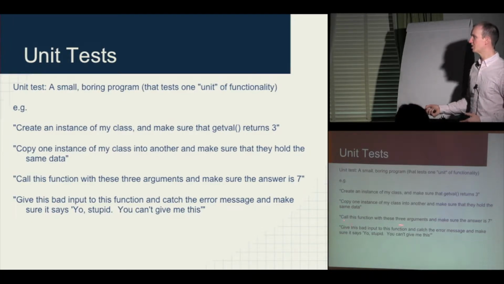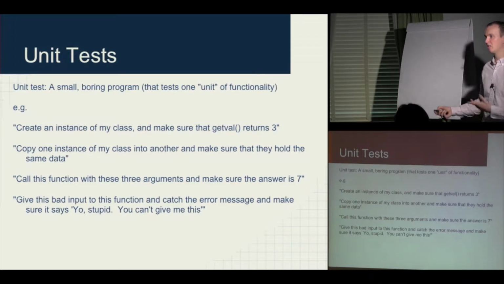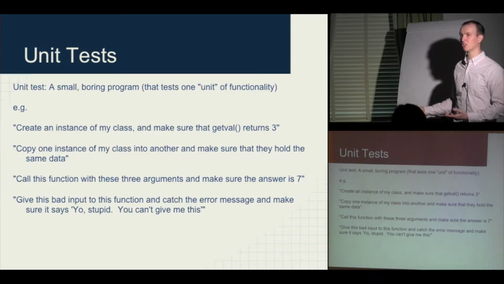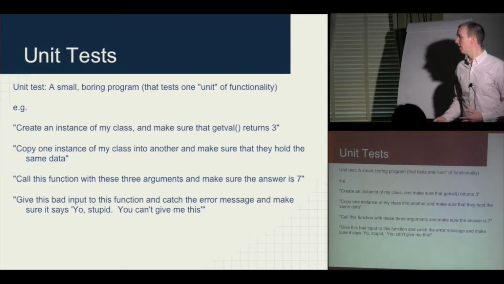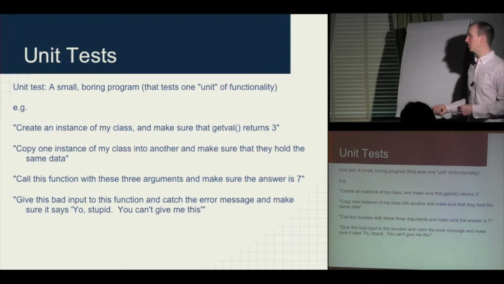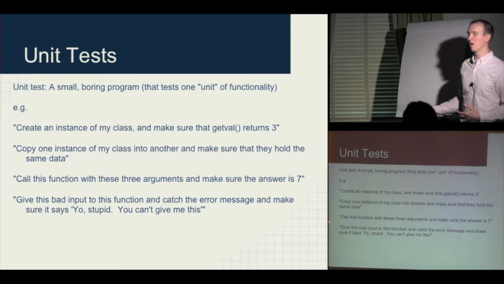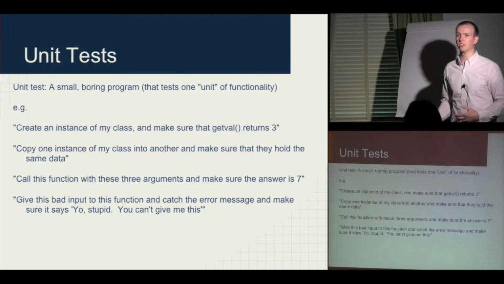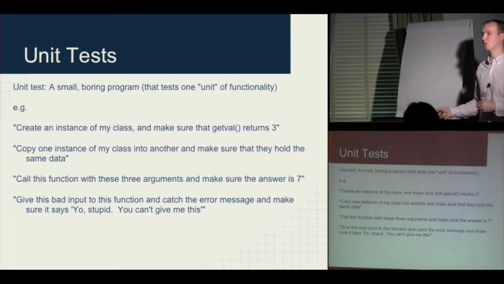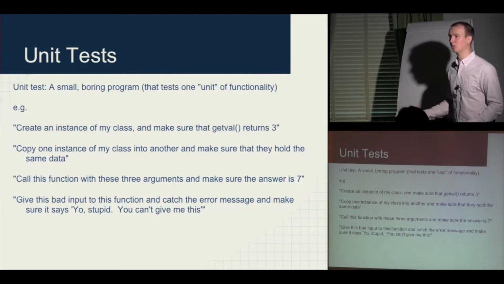You can call a function, pass it 3 arguments, expect the answer to be 7, and test whether the value returned by that function is 7. That's a reasonable thing to test. You can also write a function, give it bad input, and make sure that this function throws an exception. You catch that exception, look at the message in that exception, and compare the string it returns against some hard-coded string that you're expecting. This is really useful